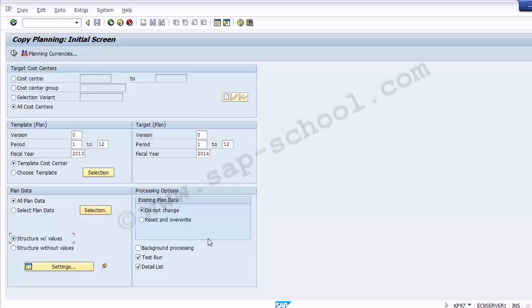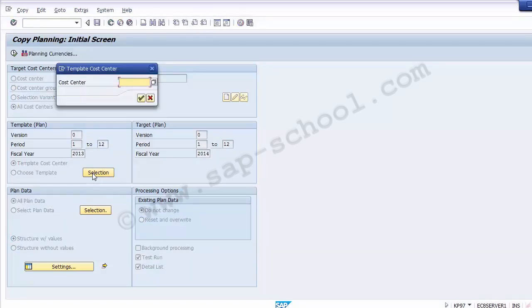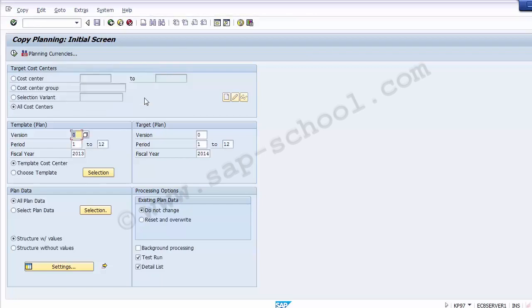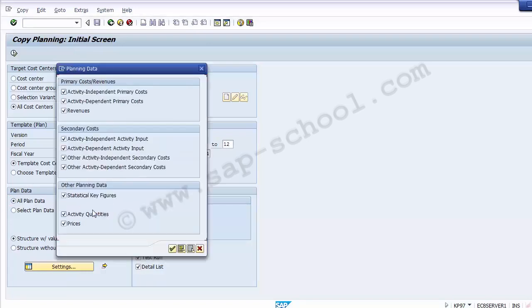Once you have filled all these details, now you need to go to the option over here, that is selections. So you need to go to this selections over here on the screen. Once you click onto the selections, now it asks you the cost center. Okay, no problem. We can move to the next selection part. So you need to go to the plan data selection option over here for all plan data, click onto the selections option on the screen, and click onto the selection over here,